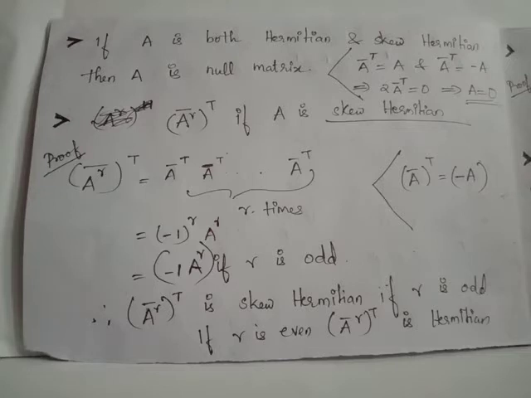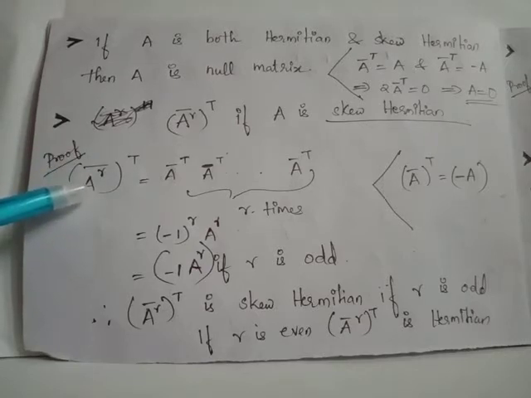Another property, if we are given that A is a skew Hermitian matrix, and if we consider A raised to R where R is a natural number, then we have A raised to R is skew Hermitian if R is odd, and A raised to R is Hermitian if R is even, because when we consider A raised to R the whole conjugate transpose, considering A is a